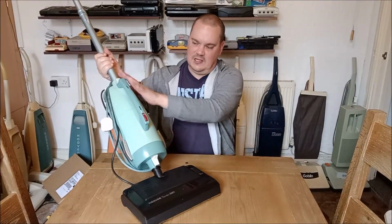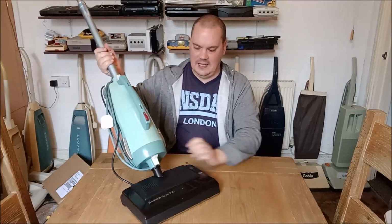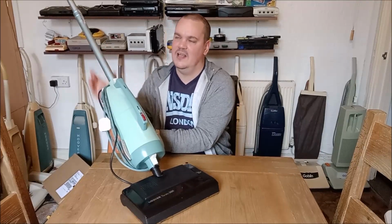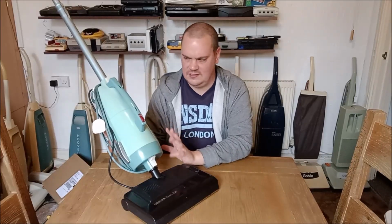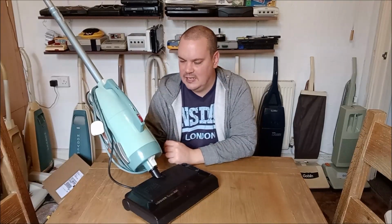So yeah, this is the original 1960s Hooverette. Now, as I said earlier in the video, I haven't taken the most beautiful Hooverette ever and made this thing out of it. It's obviously old, but it's a discoloured Hooverette. It doesn't have any of its tools or attachments, but I have another one on the way for the collection. So I thought that this was the ideal time to finish this little project off and to make